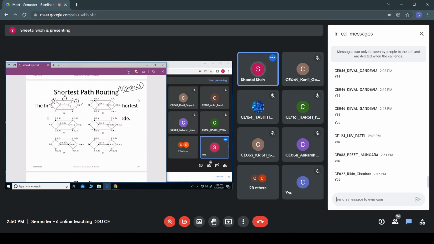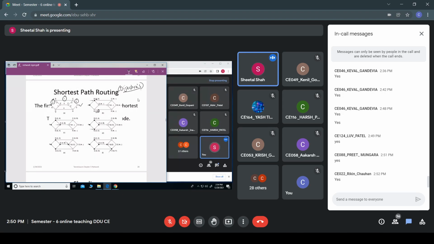Okay, and the routers which are connected to this particular node, say suppose B as well as G, those are the routers which are connected to this particular node. So you make the change here. Say suppose B can be reached through A using the weight 2, whereas G can be reached through A with the weight 6.